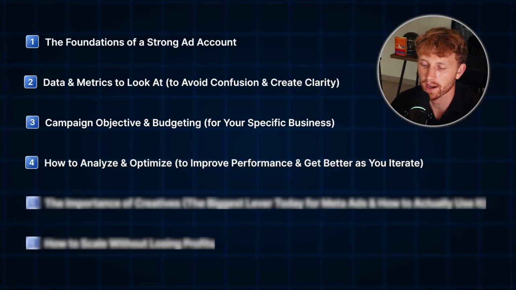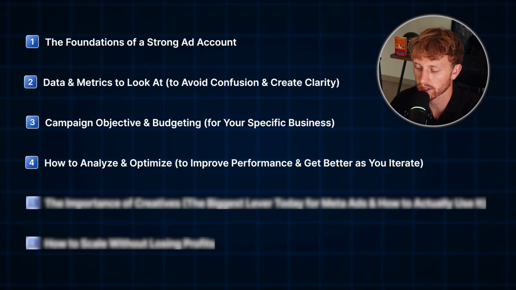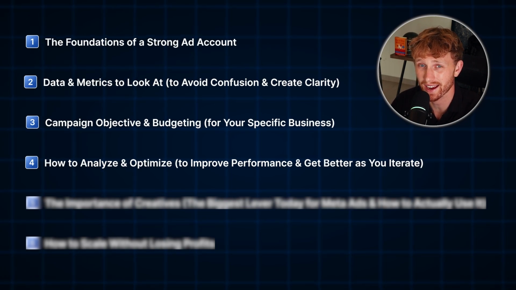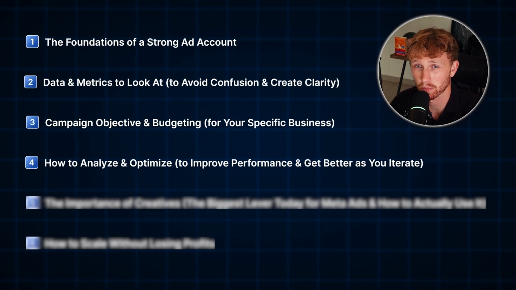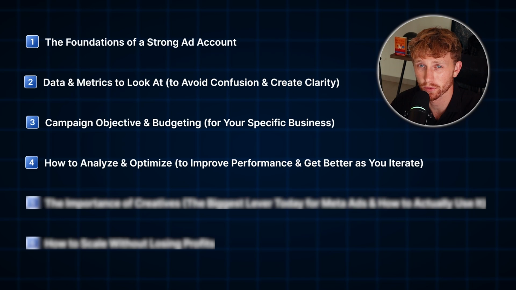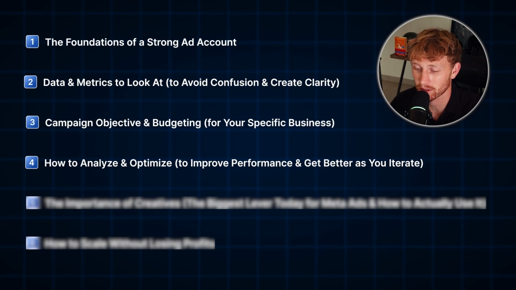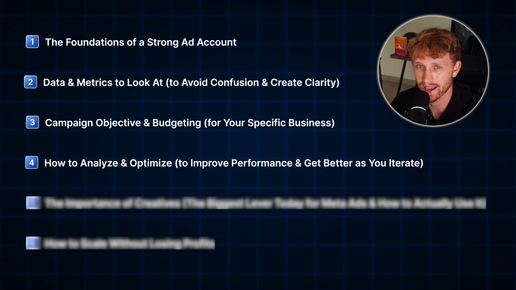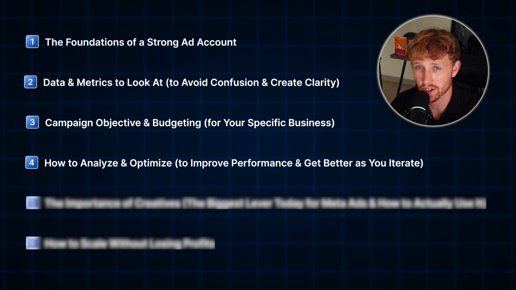Number 4 is going to focus on how to analyze and optimize your ads as you go. Now, this one is really important. If you want to actually continuously improve Meta ads, you need to iterate and constantly change the ads and the setup that you have. You need to feed it new and better ads. And I'm going to show you the exact setup that we use in Strand Media to get really good performance for our clients, and the proven strategy that we've used to constantly improve campaigns as we go. Because as you should know, Meta ads is not something you set up one time and then just let it run. It's actually something you need to come back to, test and improve again and again. And making sure you use the right system and the right strategy is absolutely essential